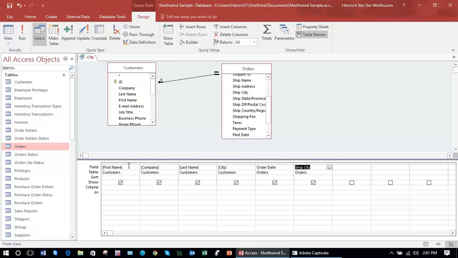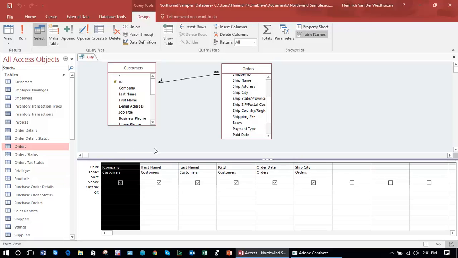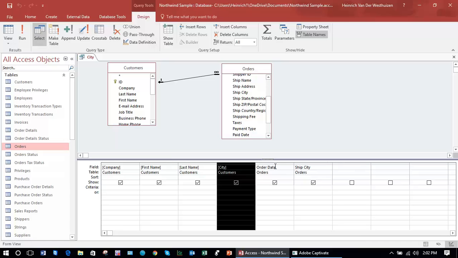So let's say I want company to be the first output field. I will move it, dragging it with my mouse. So now the order is company, and then first name, last name, city, and then the last two fields are from the orders table, which gives me the order date and the city to which the order was shipped. If I run it now,